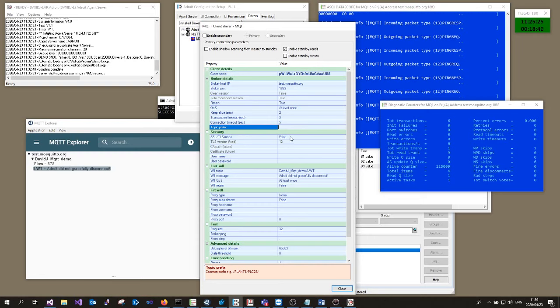Security, full security. We've got certificates available right now. In my tests, I've gotten a certificate from Mosquitto themselves. You install it in the Windows system. We know how to grab it and use it. You can use username and password. So security is looking good.